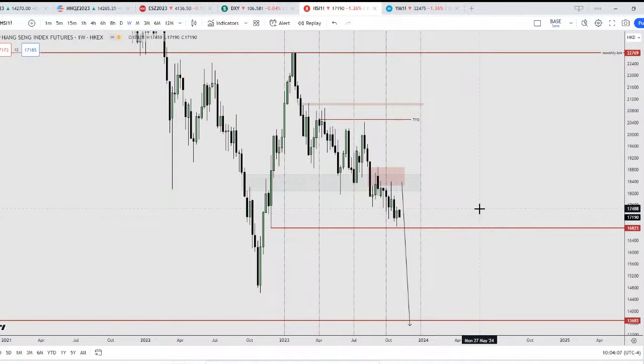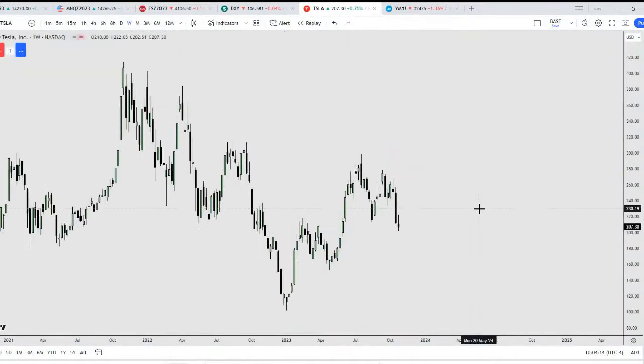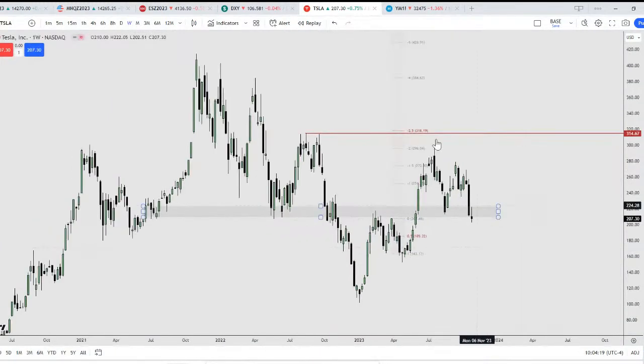So let's move on to individual stocks. Let's start with Tesla as usual. Let me see how long I'm in. Oh, 27 minutes. I'm going to speed through. So Tesla, because we have reached 2 to 2.5 standard deviations, this is what we got: strong retracements. I want to see this breaker hold. If this breaker doesn't hold, then obviously we're going to go down even lower. And as I've mentioned before, targets are over here. This low here, $90. So this is for Tesla.